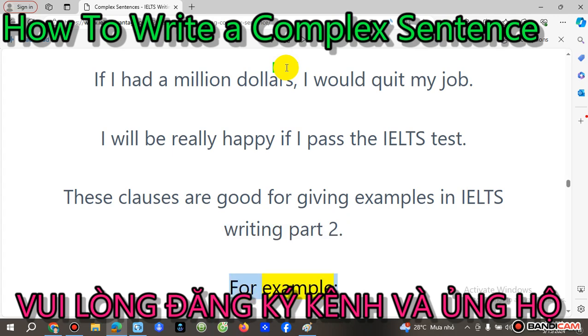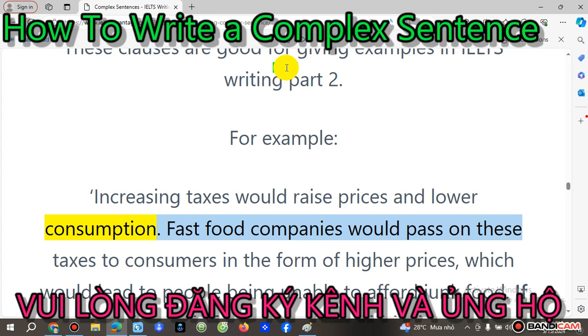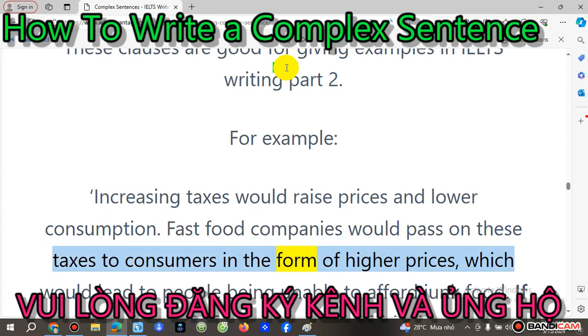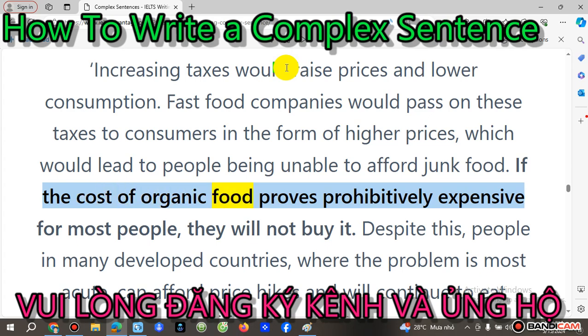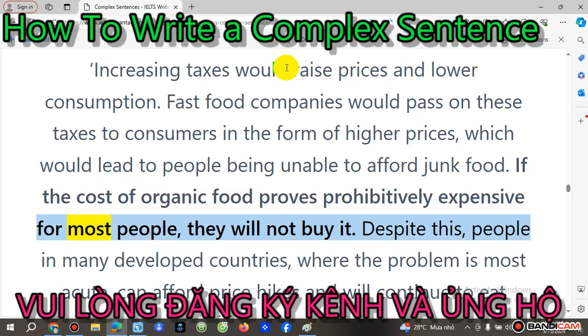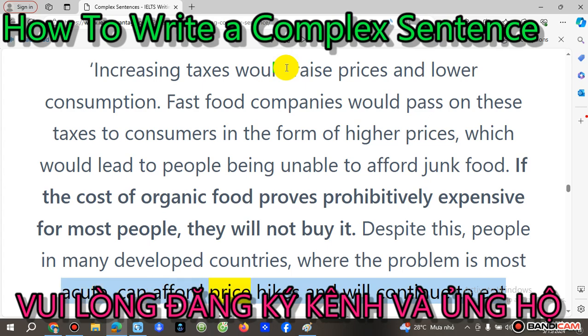For example, increasing taxes would raise prices and lower consumption. Fast food companies would pass on these taxes to consumers in the form of higher prices, which would lead to people being unable to afford junk food. If the cost of organic food proves prohibitively expensive for most people, they will not buy it. Despite this, people in many developed countries, where the problem is most acute, can afford price hikes and will continue